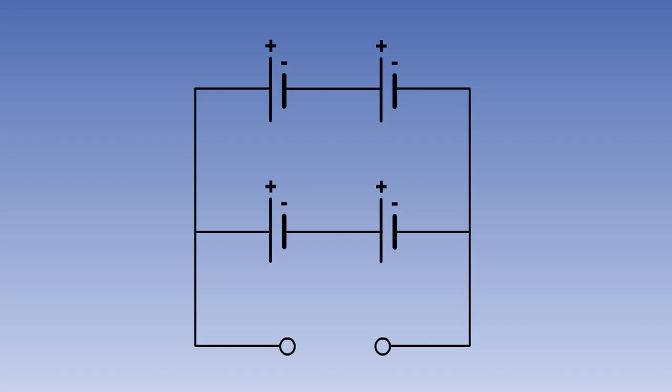The cells can also be connected in a combination of both series and parallel, allowing both the voltage and the ampere hour capacity to be increased. As an example of this, if we take 4 2-volt cells, each with a 10 ampere hour capacity, and connect them as shown,